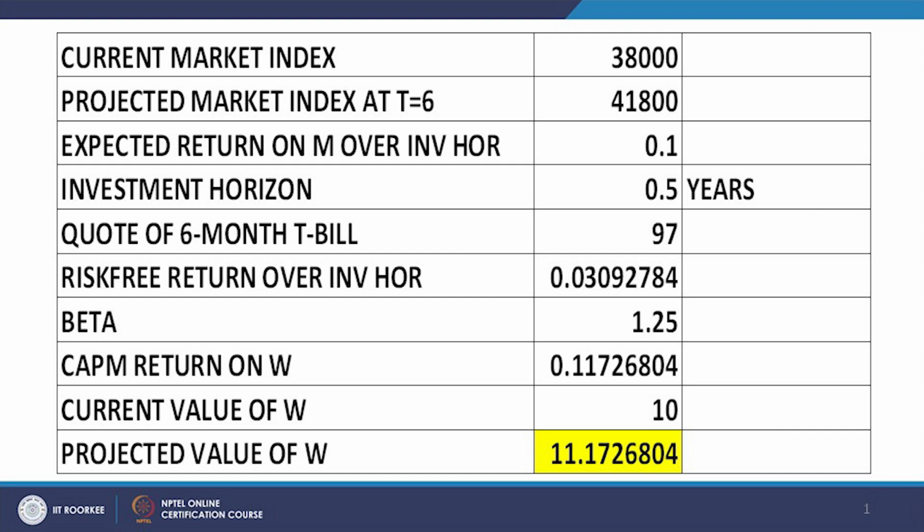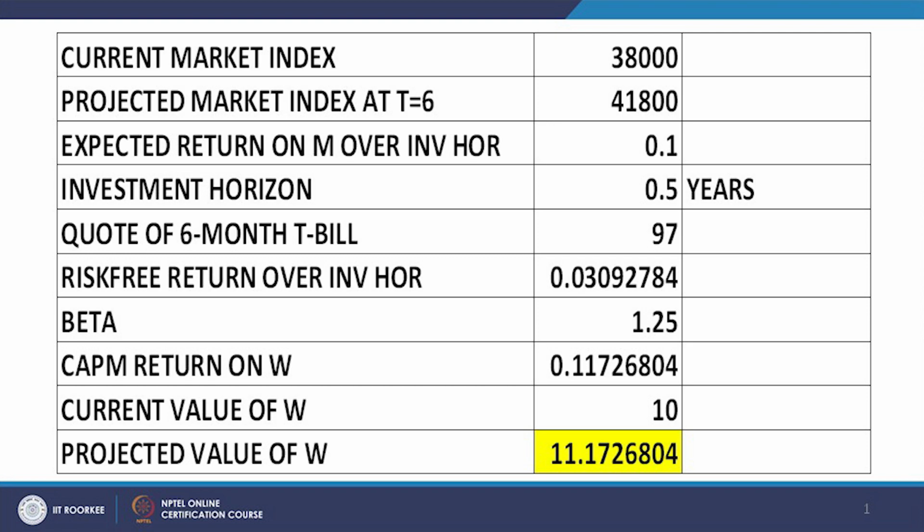The beta of the portfolio is given as 1.25. The CAPM return on W therefore turns out to be, using that CAPM formula, R_i is equal to R_F plus beta_i into (R_M minus R_F). Everything is available with us, R_M, the expected return on the market, the beta is given to us, and R_F is also given to us. So, we simply plug in the values in the CAPM equation, the security market line, and what we get is the CAPM return on the portfolio W is equal to 11.7268%. And because the current market value of the portfolio is 10 million, the projected or expected market value is equal to